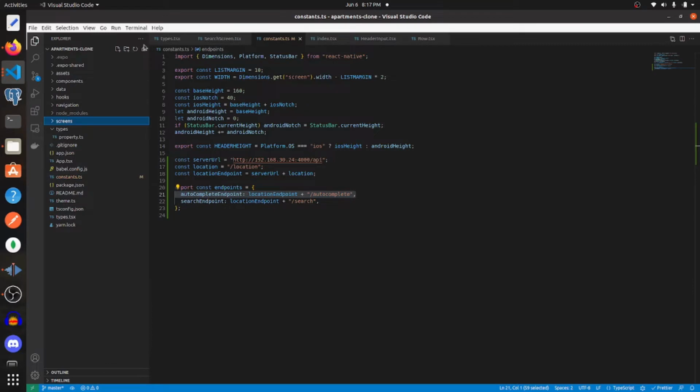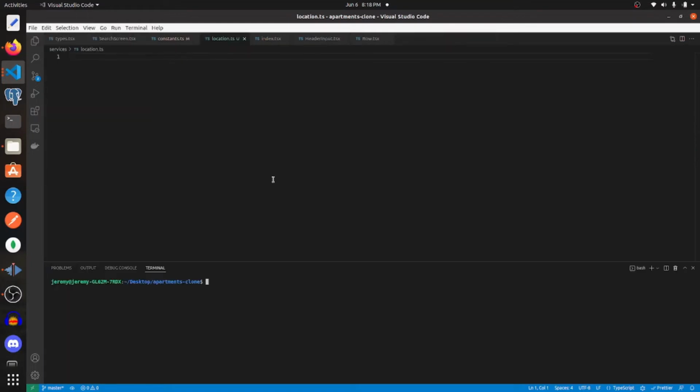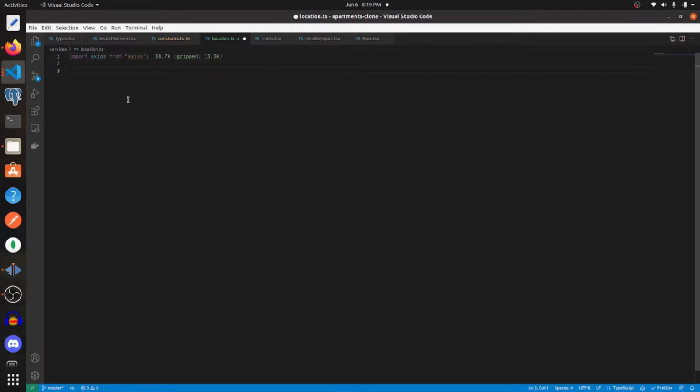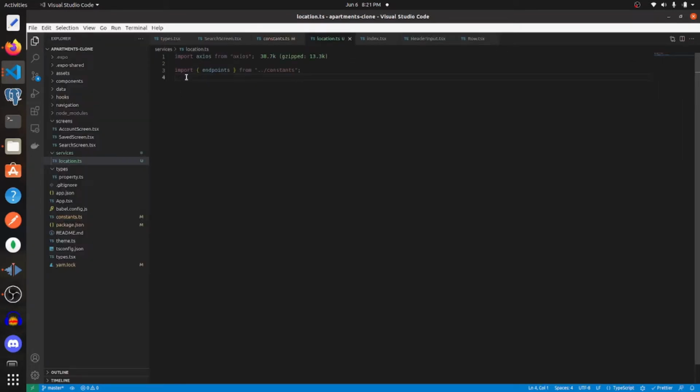So let's create a folder called services. In that folder, let's create a file called location.ts. Let's go into our terminal and install Axios. And up here at the top, import Axios from Axios. Then import endpoints from our constants. And here we're also going to need to import a type, which we have yet to create. So let's create a new type here in our types folder. We're going to call it